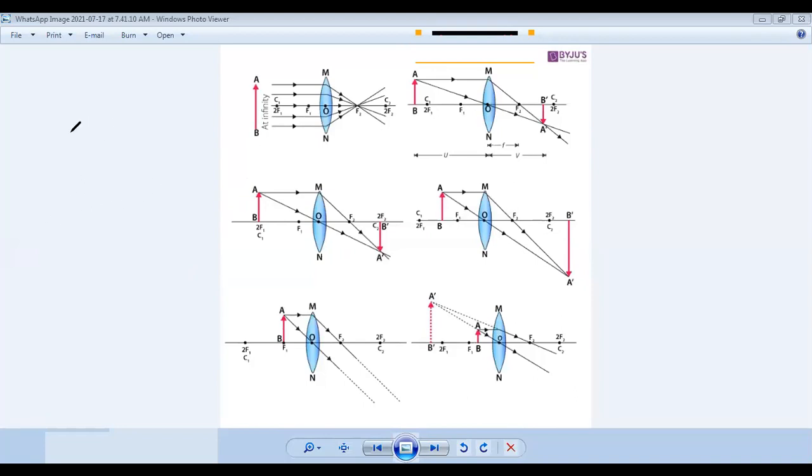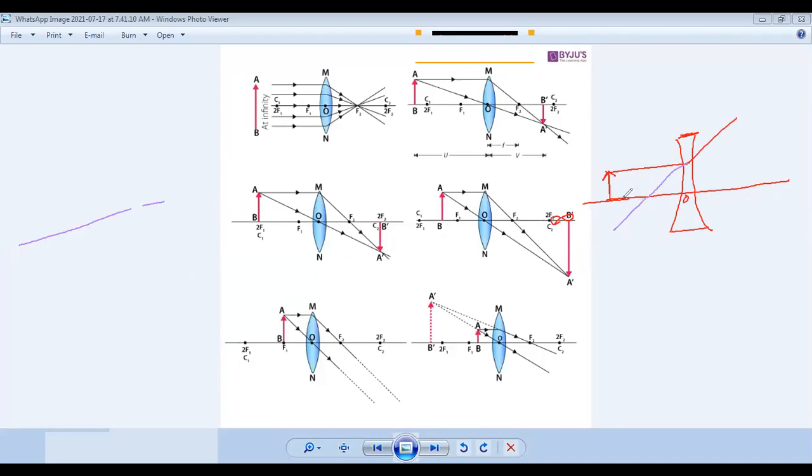See, I'm drawing it, you can see. Yeah, I'll draw this side. So this is the concave lens, right? So the object is somewhere between infinity and o. Let's take the object is here. Okay, so two rays: one ray coming parallel to the principal axis, so it appears to be passing through the focal point.